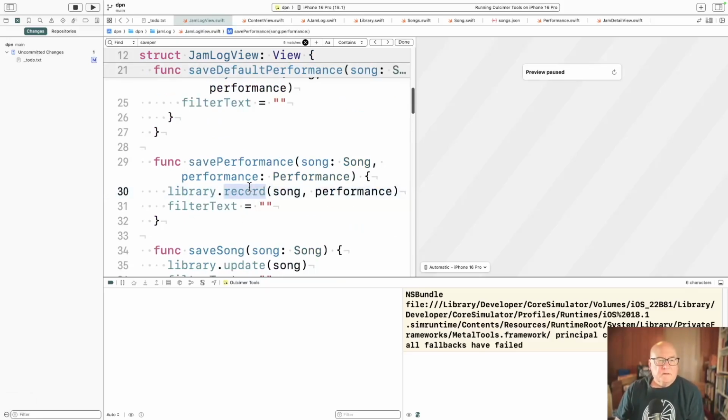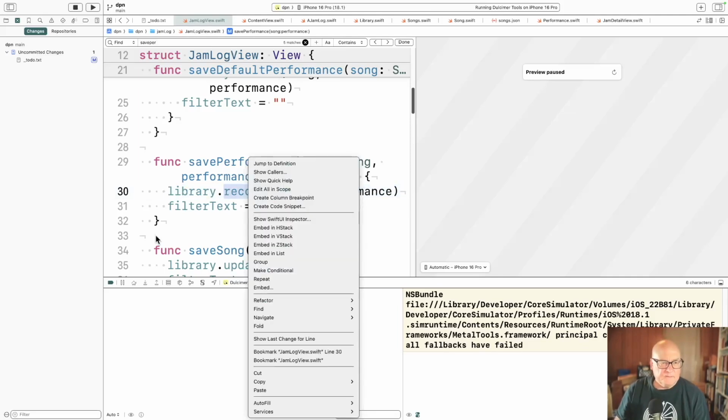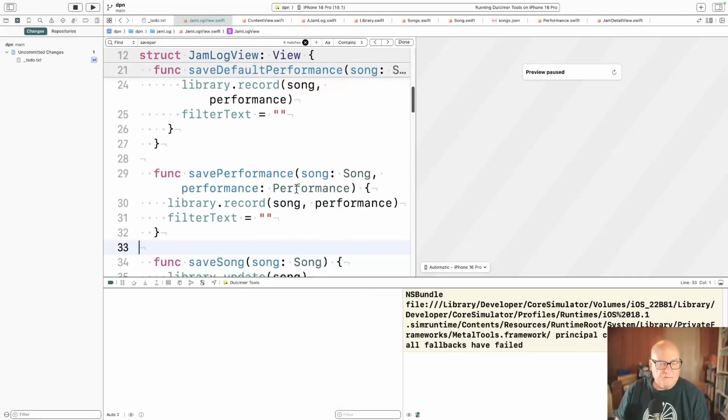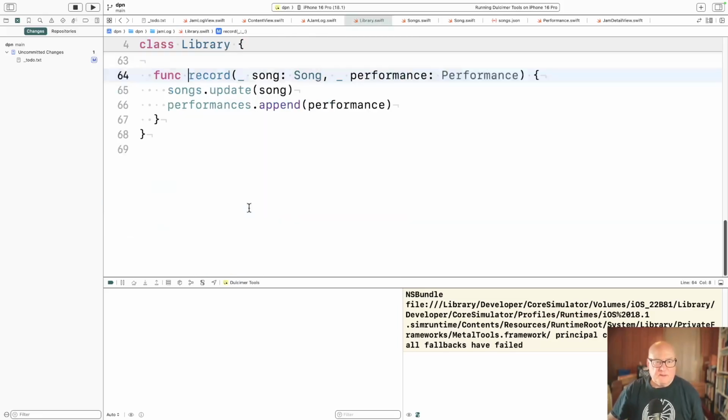Okay, so library.recordSongPerformance. Let's, well, my fear is song is going to be a value object. Let's see what library.record does.